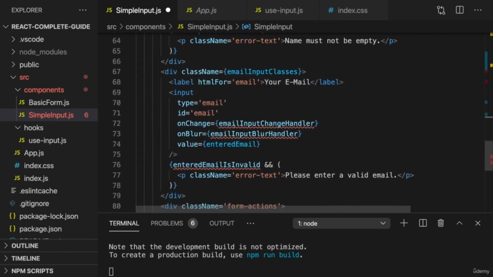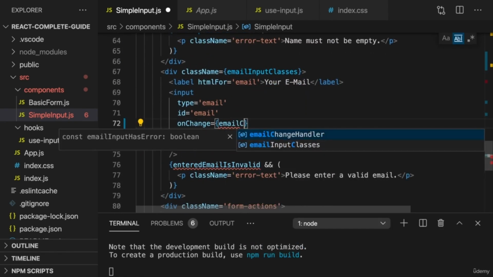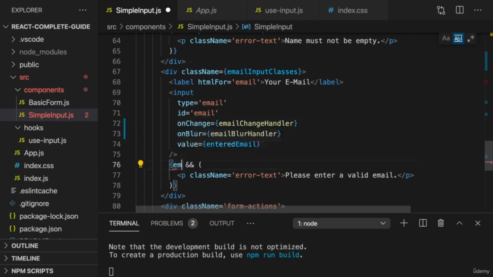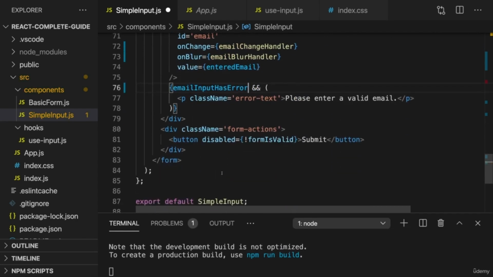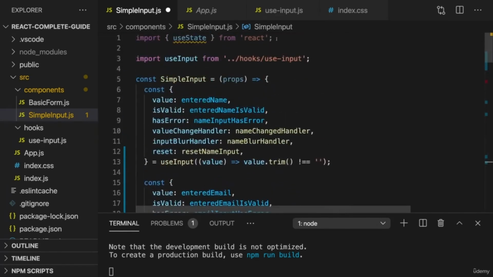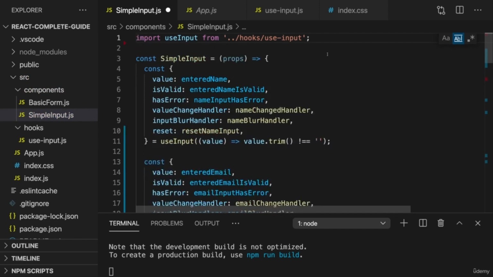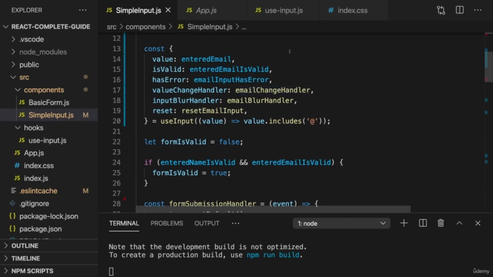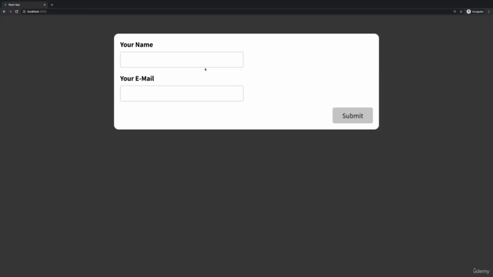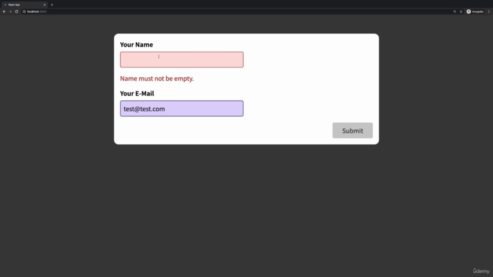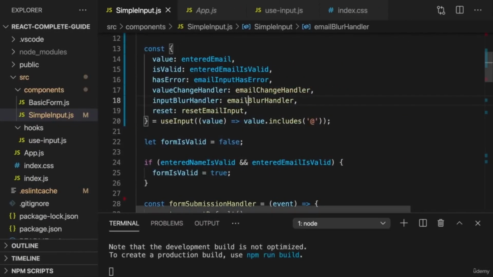And if we scroll down to the JSX code, here I want to use the email change handler and the email blur handler and the email input hasError field here. And with that, we're using this hook for the email input as well. We can also get rid of the use state import now, because here I'm now not using use state anymore. And with that again, if I reload here, this both behaves as it did before, but now with less code